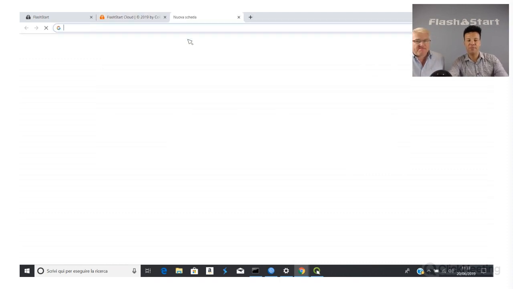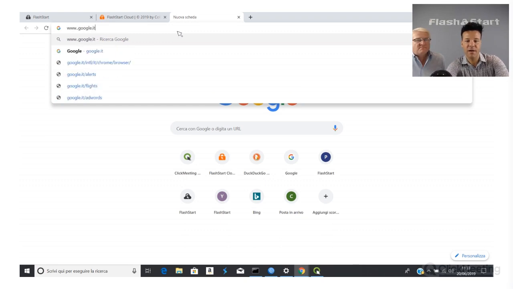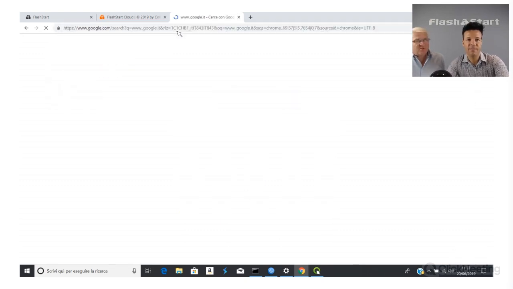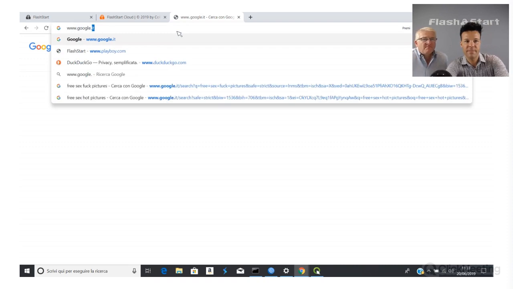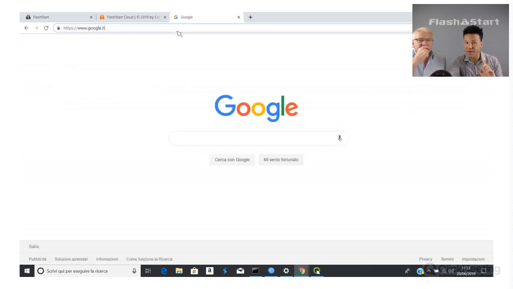Okay, so now let's try to surf protected. Let me recall, for example, Google.it. Just to see it's working. Okay, Google is working. But now let me try. Can I look to some hot girl pictures?